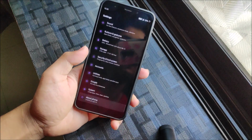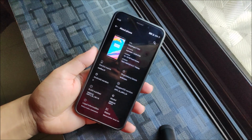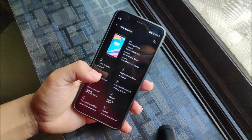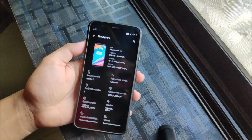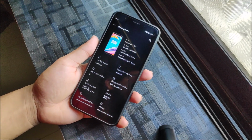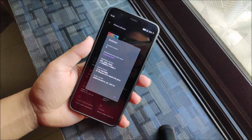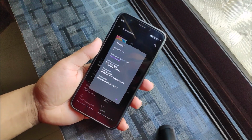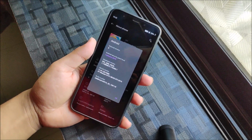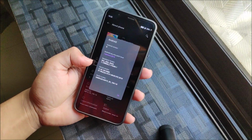Moving into settings, about phone, you can see it's ported from the OnePlus 5T because there are no notches, so it's easier to fix some issues, and there are no notch related issues. If you are porting from the 6T or 6, then we can face some issues like that. You can see the 1 January 2019 latest security patch, not February, because it's ported from the 5T. Then we also get Android version 9, and the kernel is version